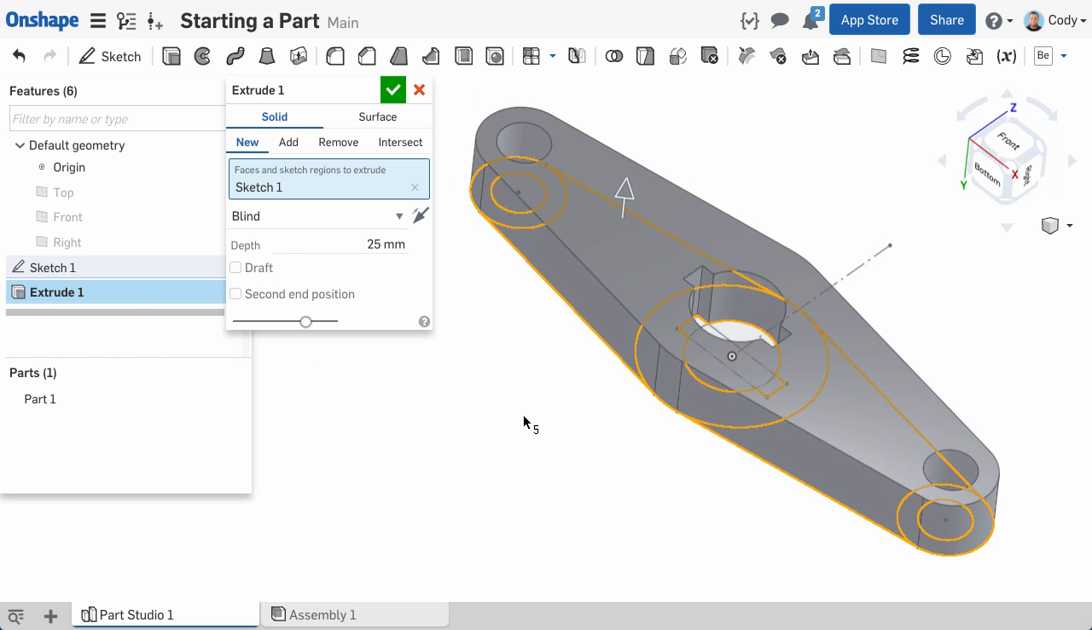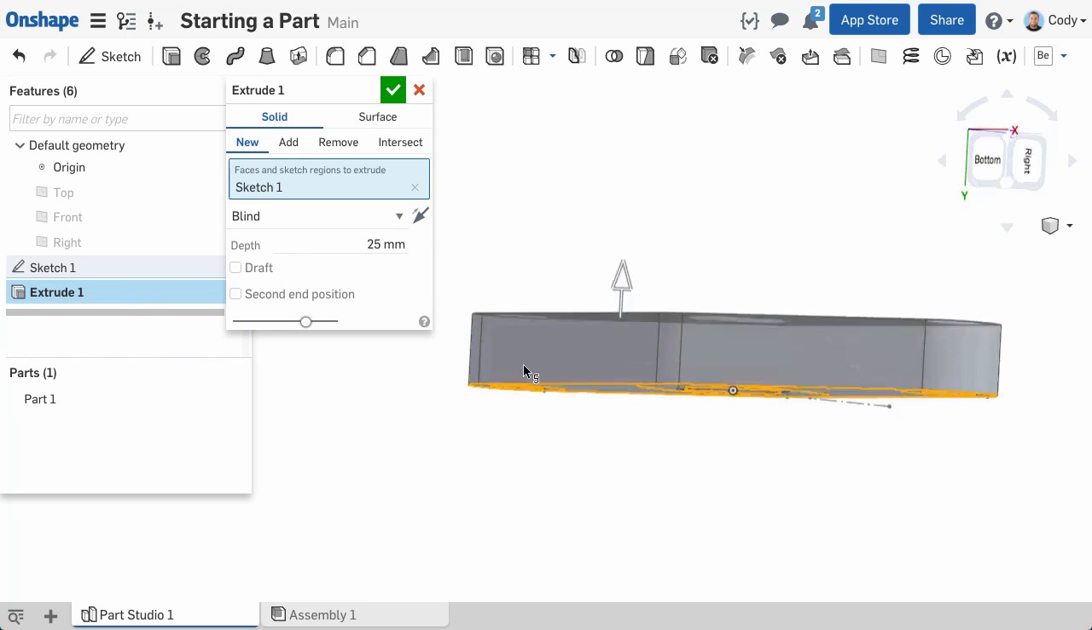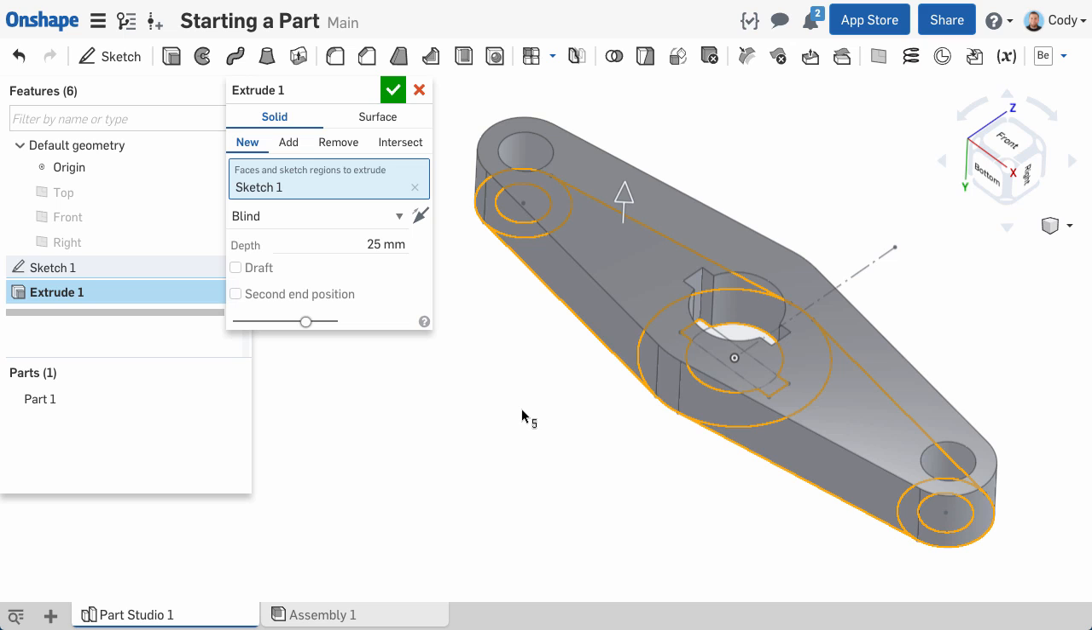It will automatically grab the outside loop of the sketch and any closed loop that touches the outside loop. This logic is a big part of the reason why you don't have to spend a lot of time trimming sketch entities in Onshape. Another important point to make is that you don't have to use the entire sketch for